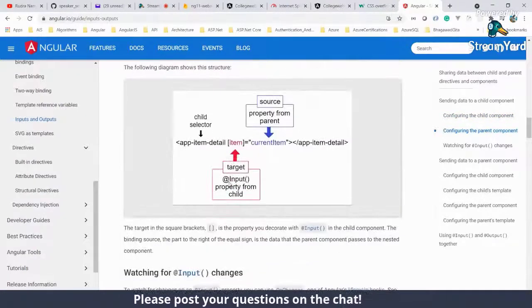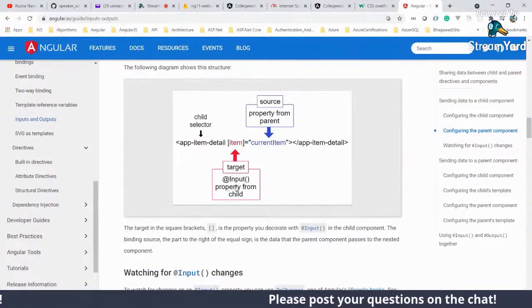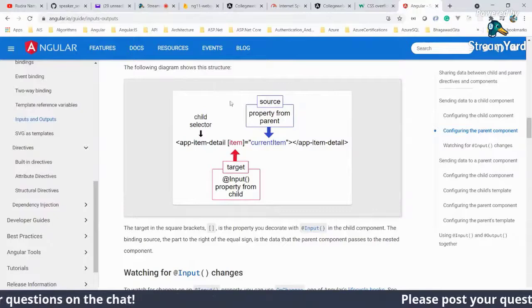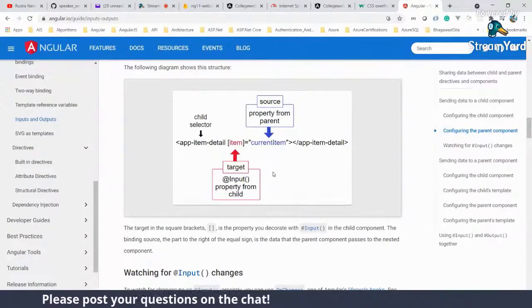You can see this, the child selector. This is the parent component, this is the child selector. Whatever the property name in your class, you'll use that property name with this property binding syntax, and from the parent component you are passing the value, maybe a property or a string, whatever it is, to the child. So that's how it happens.